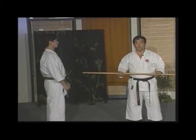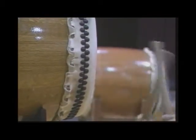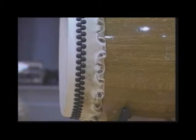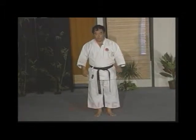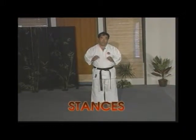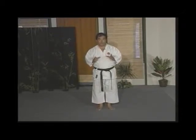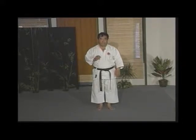Now, going to stance. Stance is very important for training. You have to have a good, strong stance, and also you can make quick moves. And especially in Kobudo, not like karate, you don't have any step by step. Sometimes, depending on the situation, you change to different sides. But basically, we use the same stances as karate, which are